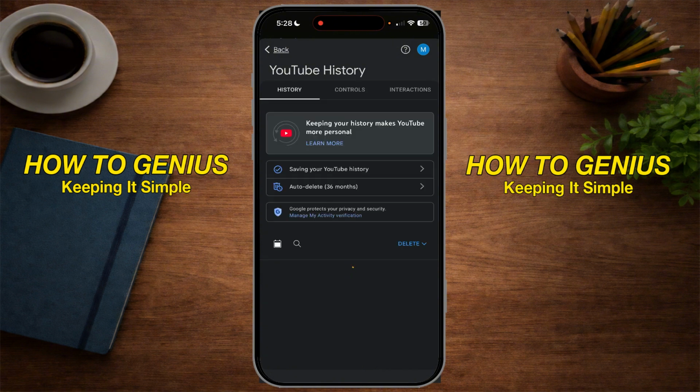It's super simple and super easy to reset your YouTube feed and to get rid of that history so that you can use YouTube brand new and YouTube will recommend